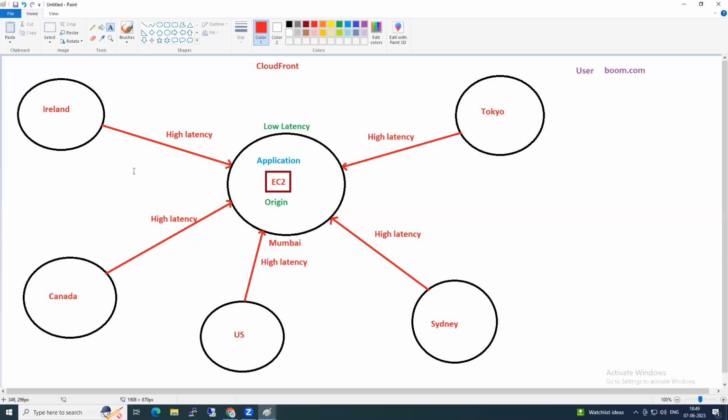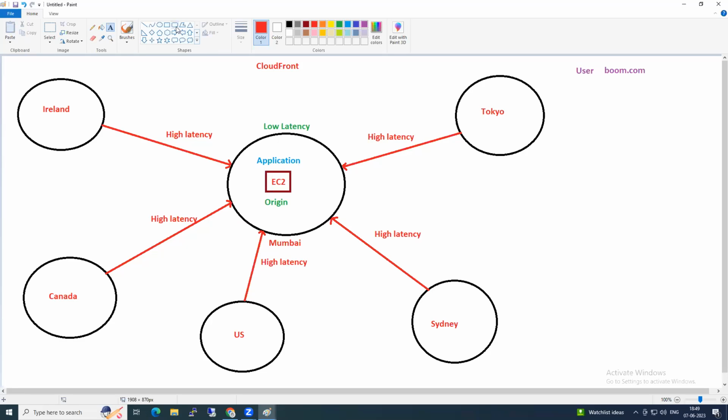Now, how does this CloudFront help in this situation? The name itself is saying CloudFront, so cloud is in front of you. How? CloudFront is a service name. In this CloudFront, we have something called edge locations. What is that?